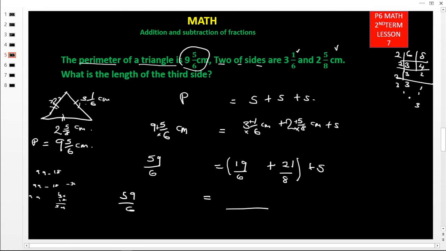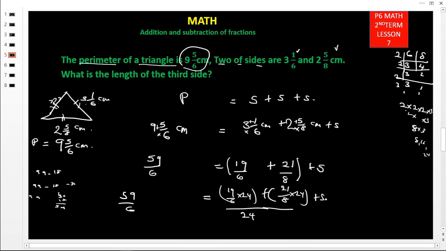Now let us start from up them. We get an LCM. This is 2 times 2 times 2 times 3, so this is 4 times 2, that is 8 times 3, so 8, we have 16, then we have 24. The LCM of 6 and 8 is 24. So 19 out of 6 times 24, then plus 21 out of 8 times 24, then plus our side here, then by 6 here, 1 by 6 here,